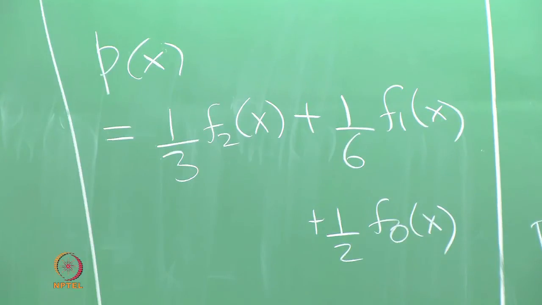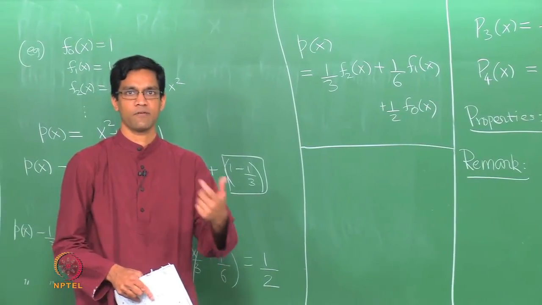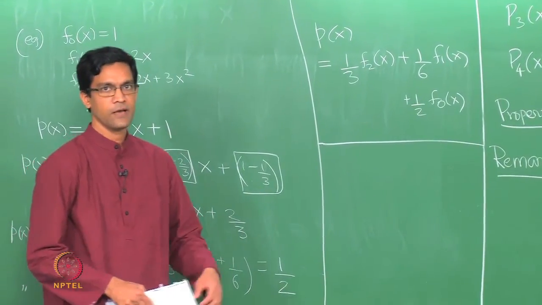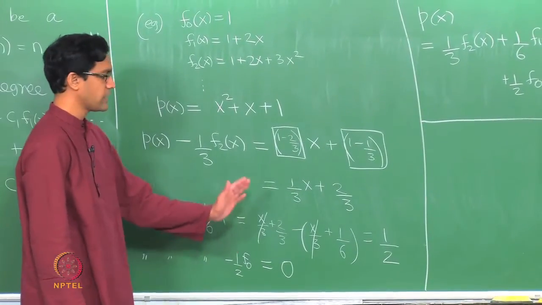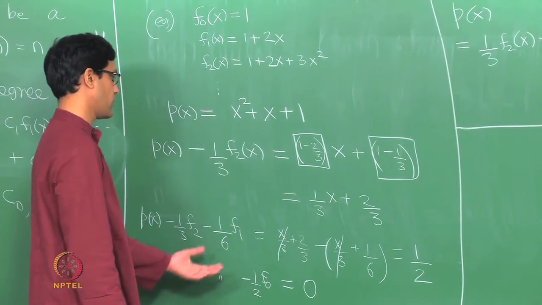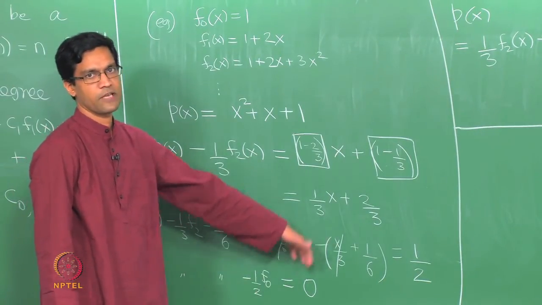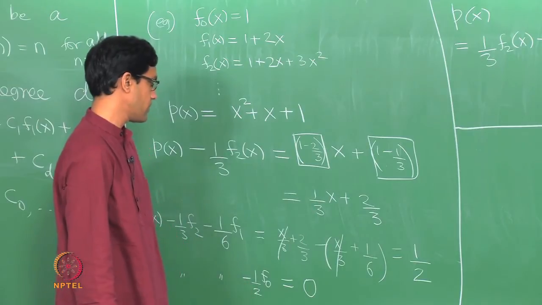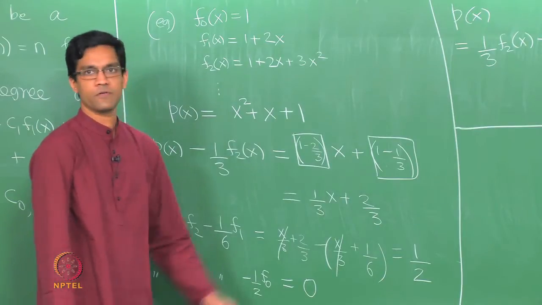If you want to express any given polynomial of degree d, you start from the highest power. You start from x power d, you match the coefficient up with the coefficient of x power d in fd, you subtract out an appropriate multiple of fd from p of x. What is left will be of degree d minus 1 or smaller. Again you match the degree d minus 1 term, subtract out an appropriate multiple of fd minus 1, an appropriate multiple of fd minus 2, and so on. When you finally subtract out all the correct multiples, the final answer is always a 0, which in turn tells you how to write p in terms of these polynomials.